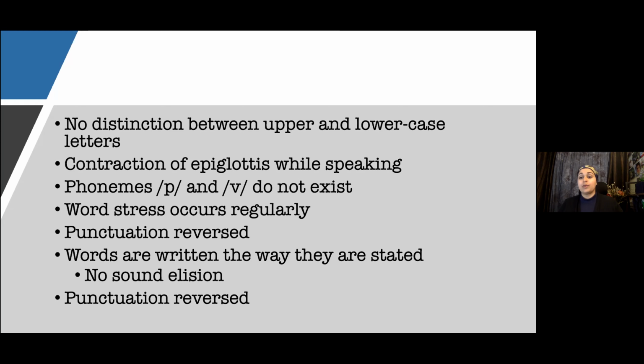Word stress occurs regularly. Again, not in English. There's stresses on so many sounds, and by putting the wrong stress on a word can actually change the meaning. So in English, we know that if we say object, we can also say that differently with a different stress and it becomes object. That doesn't occur in Arabic. If it's written that way, that's how it's said, unless you add those diacritical markings. So words like that will have a lot of difficulty with Arabic students. They want to just say it the one way and cannot understand why it's being said differently without any markings on it to change it.